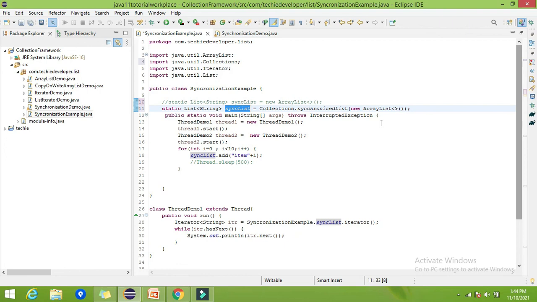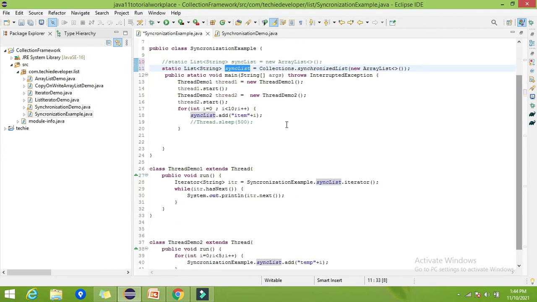Now we have to add one more block. Whatever methods for add, remove or update will be synchronized by default, but for reading or iterating purposes we have to explicitly add a synchronized block here.